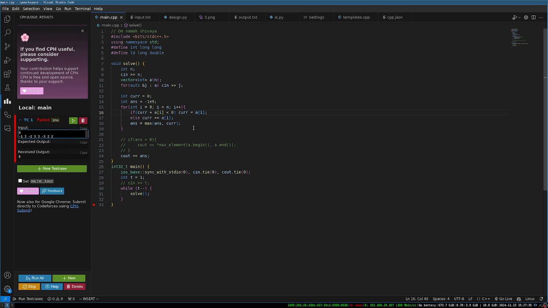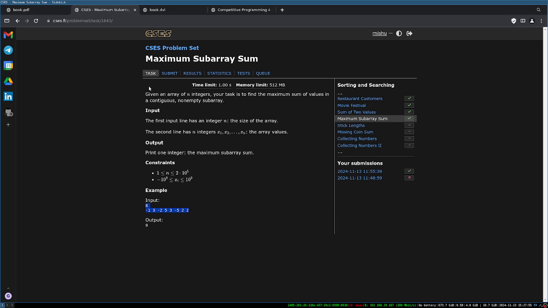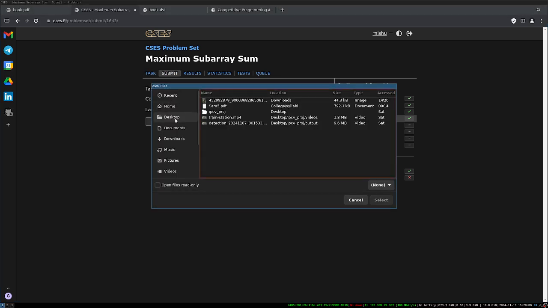So we just need to make sure that it does not include that. This seems like cheating. I don't know. I feel this should work as well, but